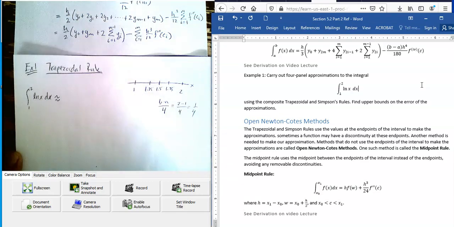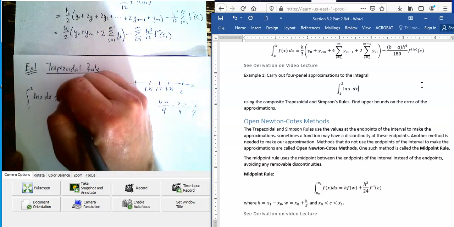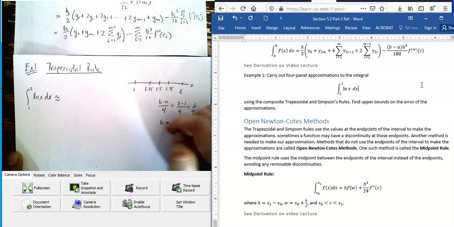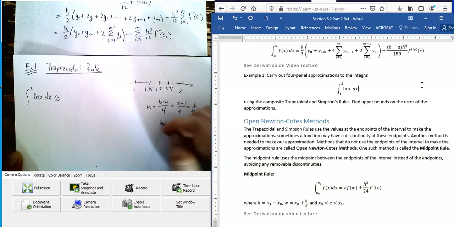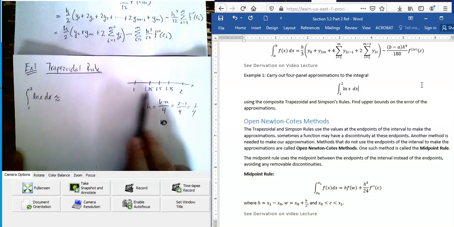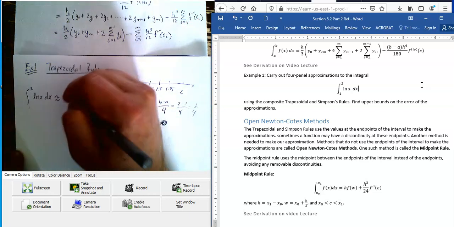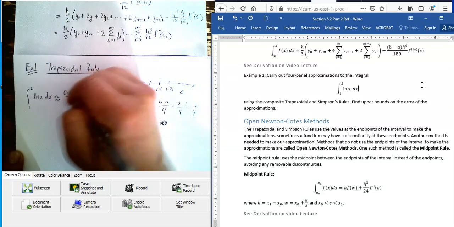So it would be h over 2. And what is h here? Well, h is 1/4. So h is 1/4. So we have 0.25 divided by 2